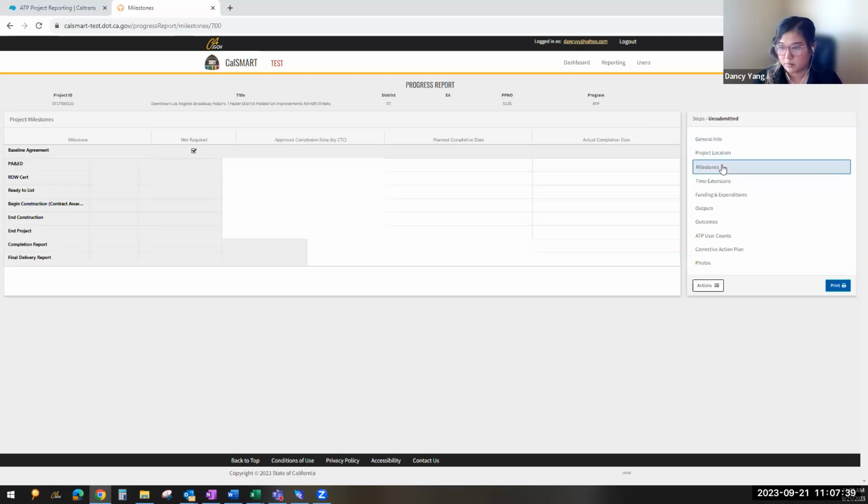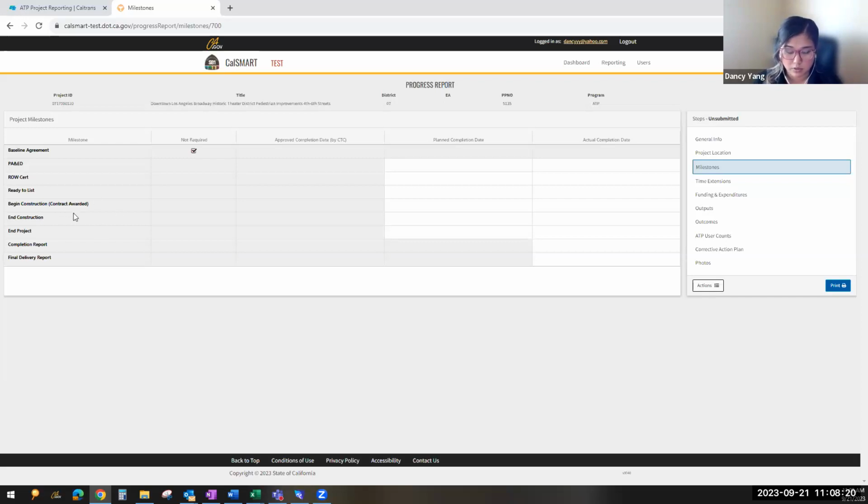Okay, and then for non-infrastructure only projects, you would give us your begin construction. So if you're a non-infrastructure project and you are the awardee, so your local agency is the one that will be doing the main or majority of the work, so you're not contracting it out, your begin construction date is the date on which you allocated your funds. That's when your time clock starts for your completion. So once you allocate your money, the assumption is that it is now awarded to you. And then from that date on, you have 36 months to complete